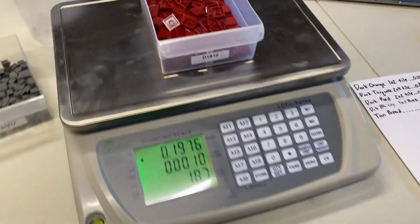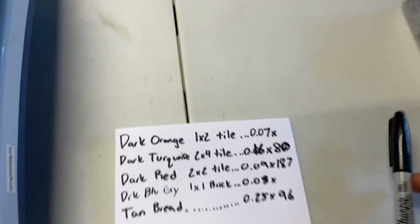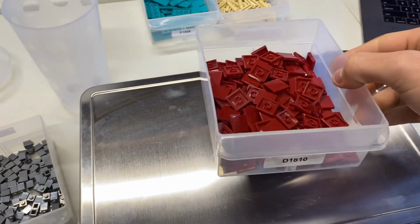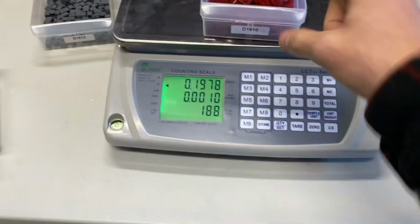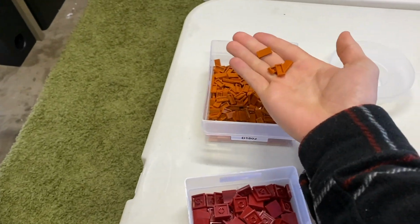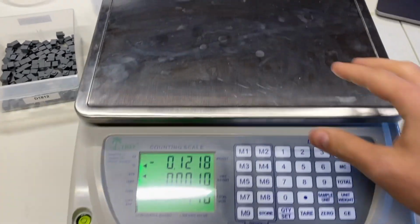And dump all these in. So we have 187 of those 2x2 tiles. 187. My Sharpie's dying. So the only thing is, this is a great scale. 4 pieces. I'd say this is about, no, not this. This is about as small as you want to get. These 1x2 tiles. If you get much smaller than that, like the studs, it's a little bit inaccurate because,